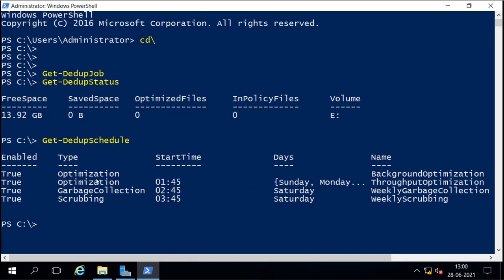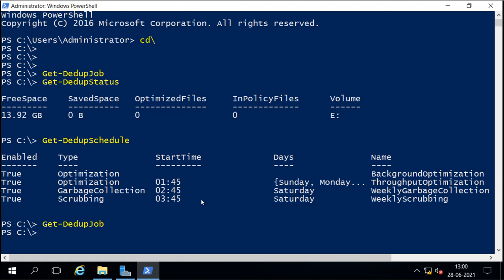First it will do the optimization at 11:45, then at 12:45 it is doing the garbage collection, removing the garbage, and then scrubbing all the data at 3:45 a.m. This is the schedule we have set, but right now it is not running any job, so it is not showing any job here. When it is running, then we can see the job running.